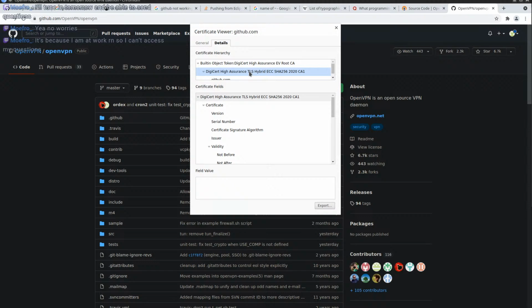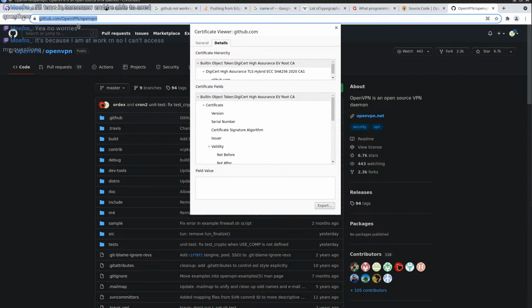So you have a whole chain of certificates, and this is the one that was issued to GitHub. And since this one is trusted by your browser, that's why it doesn't throw any errors and HTTPS works properly.